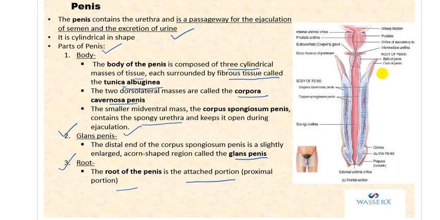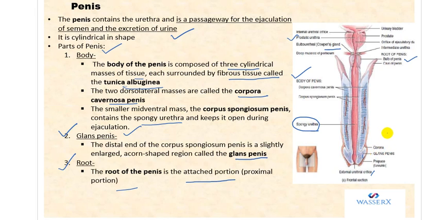So see this diagram, it will be very clear to you. The root of the penis, and then there is the body of the penis. Okay, so this diagram is very clearly given, and what is written is very clearly explained here, so it will be clear to you. See here, this is the bulbourethral gland, the Cowper's gland, the prostatic urethra, and the urethra runs through it. See, this is the spongy urethra. Okay, external urethral orifice, right? Urethral orifice means the external opening. Okay, and here see the glans penis. The distal end of the penis is the glans penis, right?